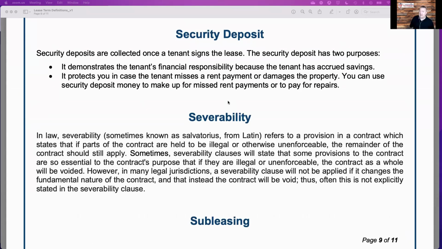Right now, this clause should clearly define just how much security deposit you're charging. Not only that, what the security deposit will be used for. Because security deposits, I've found, have been very different state by state. Please check with your local state laws regarding this and an attorney about how people are allowed to use security deposits, because they're different from state to state.